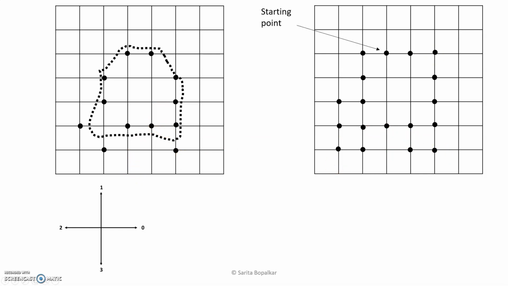So same start point, your directions. We cannot consider the diagonal direction. So your direction or moves is like this. Then same technique to move from the start point to the next point. The direction is represented by number 0. Then next also 0. The downward direction is represented by number 3.